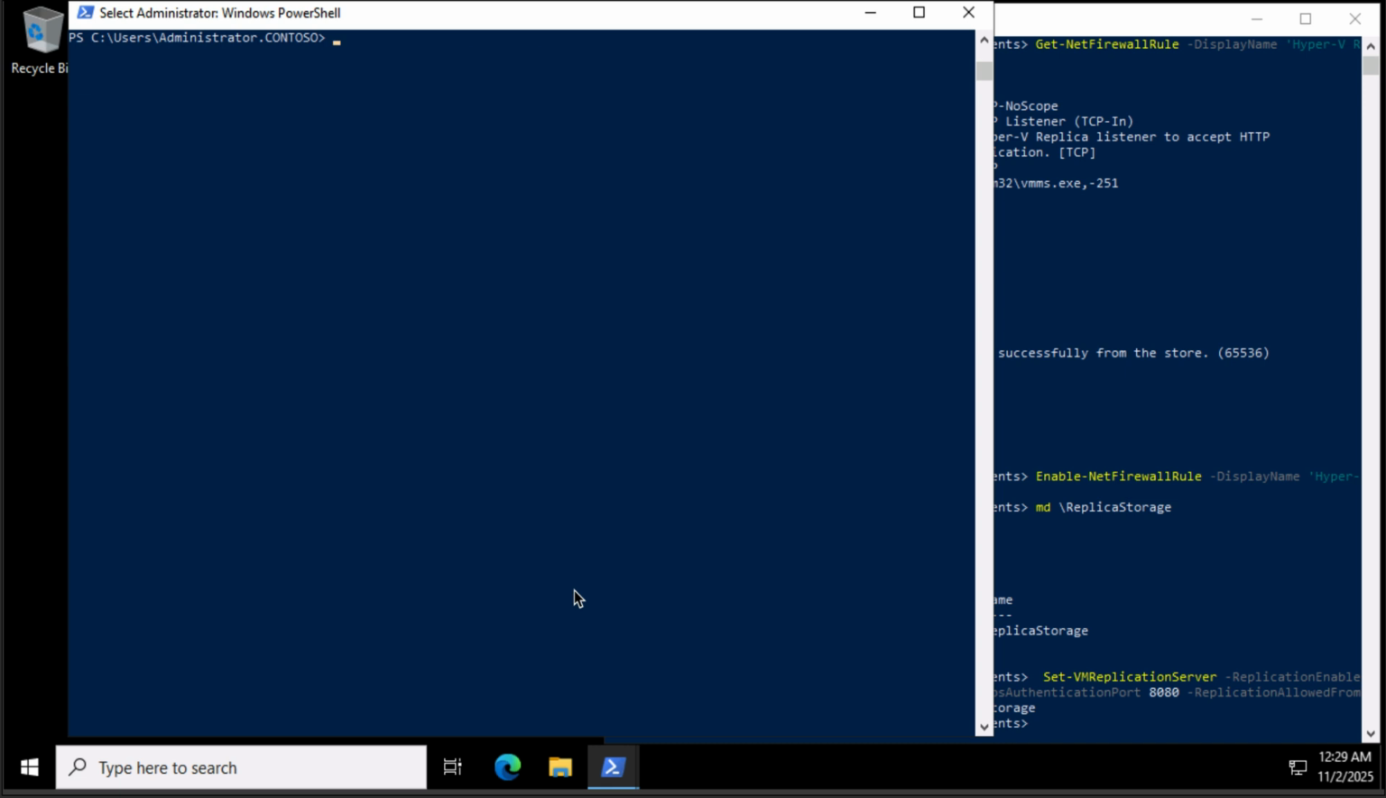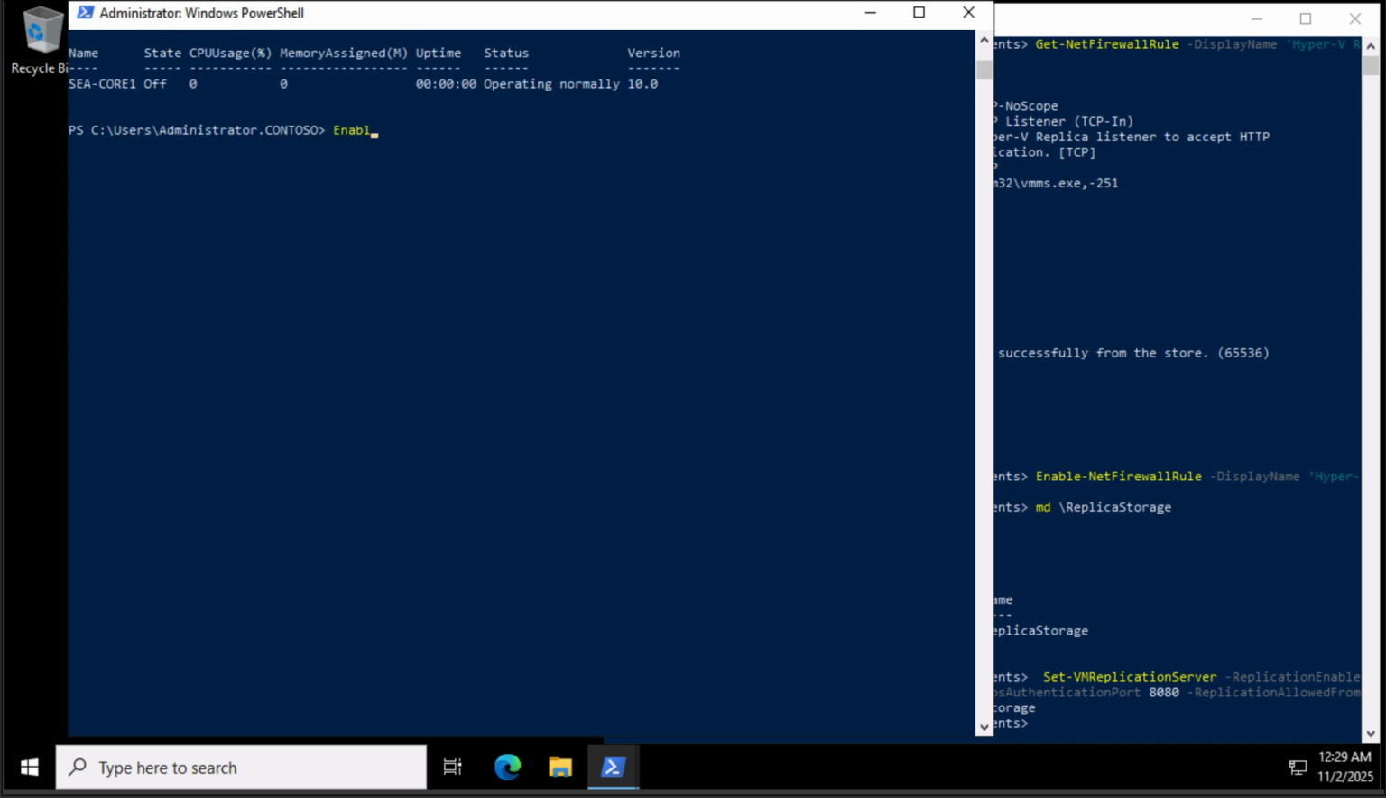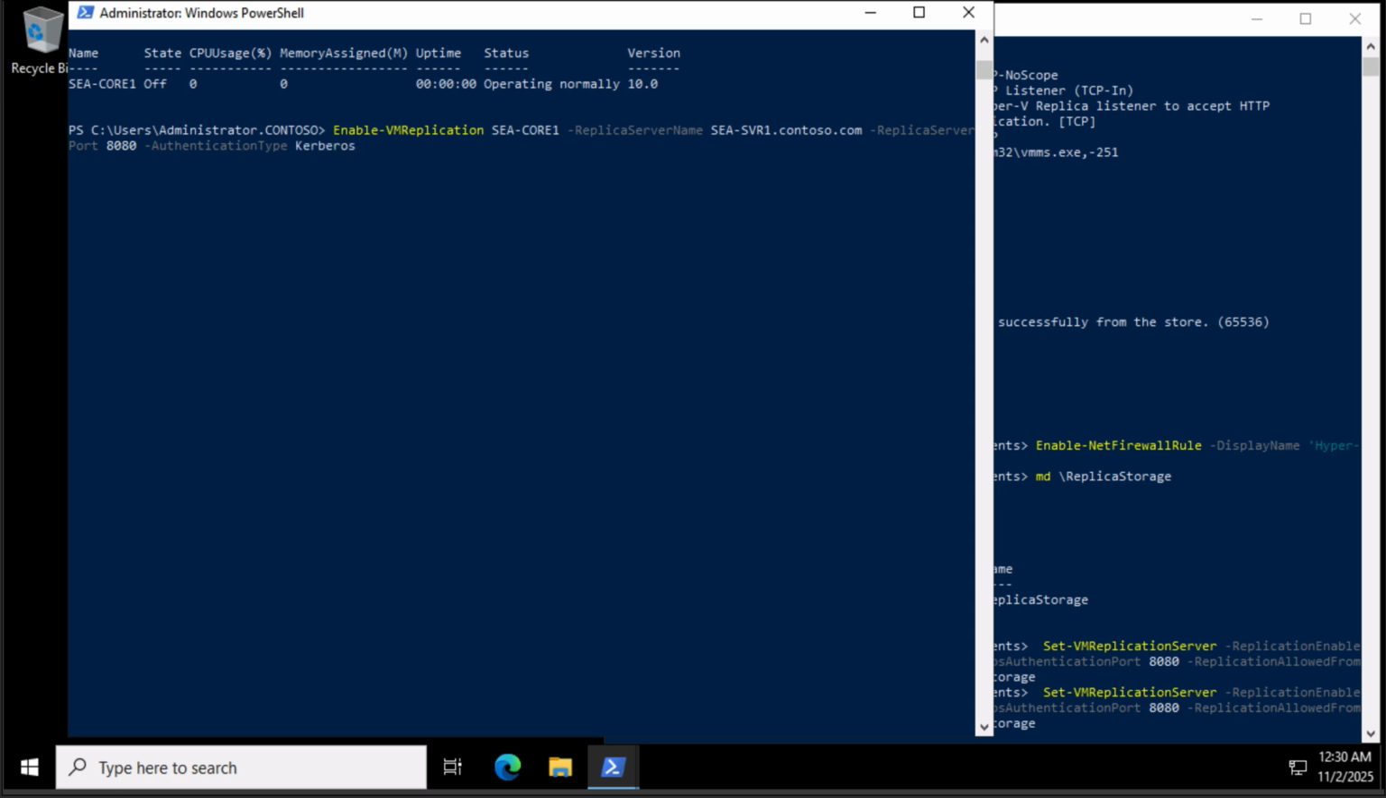Okay. We're here. We're going to do an enable VM replication to server 1. Port is going to be 80. Authentication type is going to be Kerberos. And our computer name is